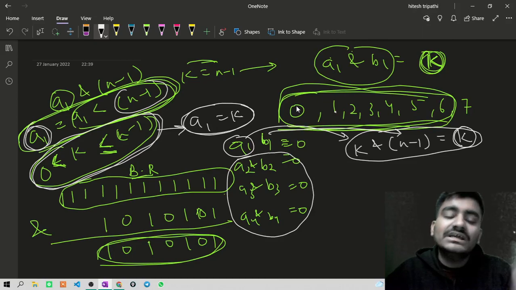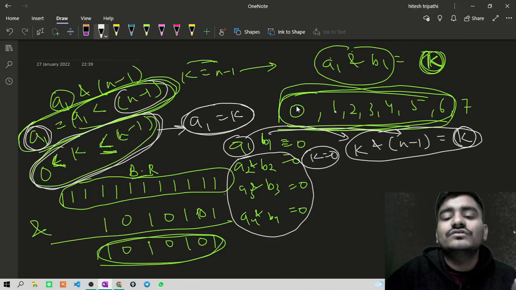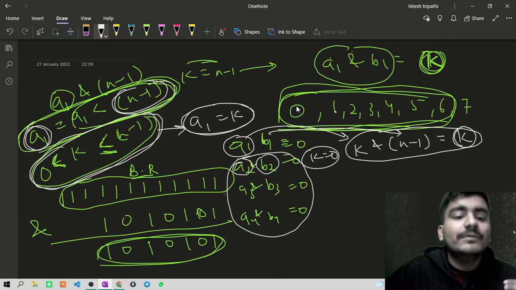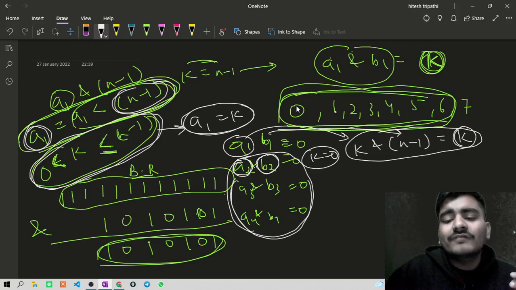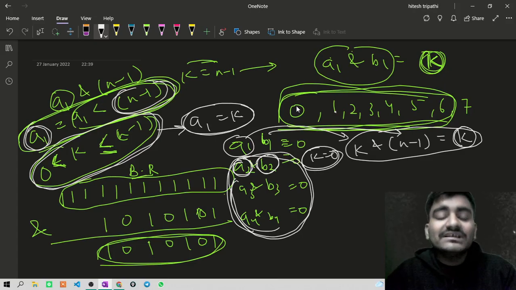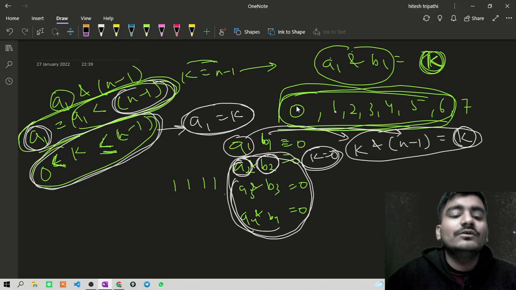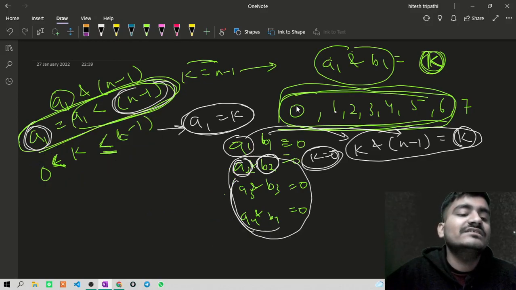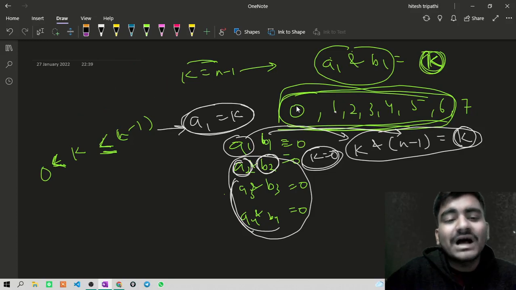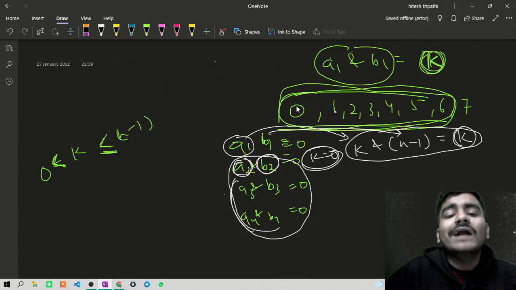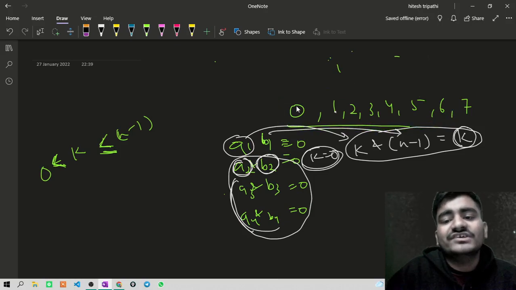Previously I did the same in the earlier case, when k was equal to 0, I made the complements of all these numbers using n minus 1, and simply after that the sum of all those elements will become equal to 0. Okay, so in this way you can also get the answer for the value when k is between 0 to n minus 1. I hope everything up to here is clear. And if you have any doubt, you can simply ask me in the comment section. I will always explain it to you in brief again.